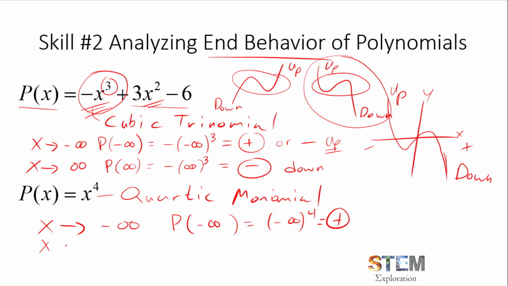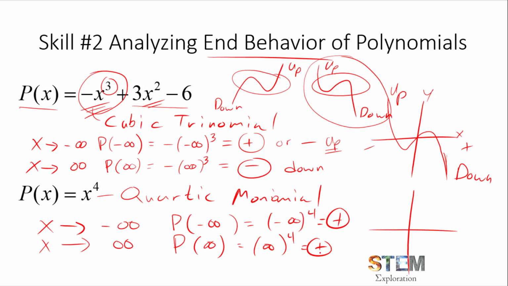And again, since it's an even polynomial, like 2, 4, 6, 8, we know they're both going to be pointing in the same direction, but I'll just show you here. If we go positive infinity to the fourth power, hey, guess what? You take a positive number to the fourth power, it'll still be positive. So again, what that tells you is that you're going to have an up, then up behavior. You start up, you end up. All right, and for this, it might look something maybe like this. And then you have your first curve, and then you have a second curve,